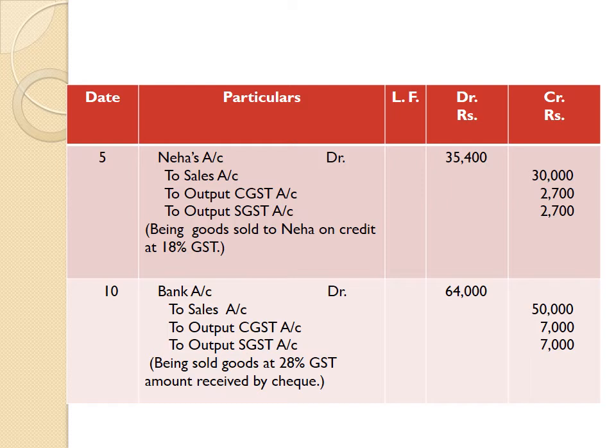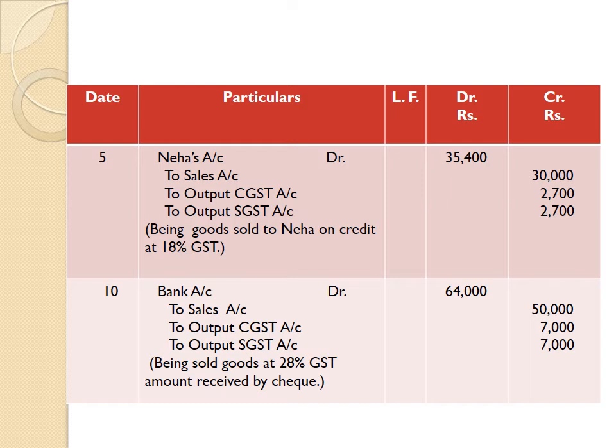So 5,400 upon 2 is equal to, one part carries rupees 2,700 central GST, rupees 2,700 state GST. In case of sales, we are prefixing output before central or state GST. So consider that transaction and put it here in terms of a journal entry.